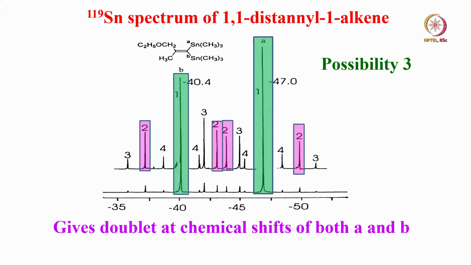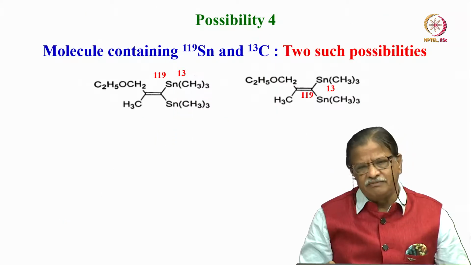Now what is left? See, this is one doublet, this is another doublet, which are symmetrically placed on either side. This is another doublet which you are trying to see. Okay. Why is the intensity small? That is a different question. We will not worry about it. This is again a little bit of involvement and discussion. We will keep it pending for that. Don't worry. These peaks or assignments are correct. So we assigned 4 peaks. Now possibility 3 is over.